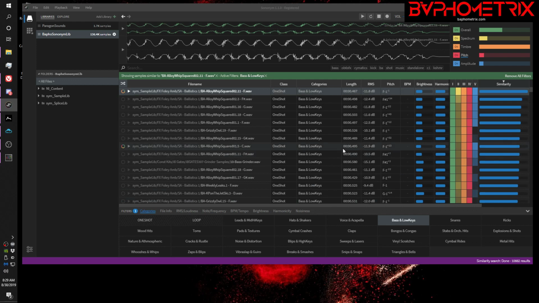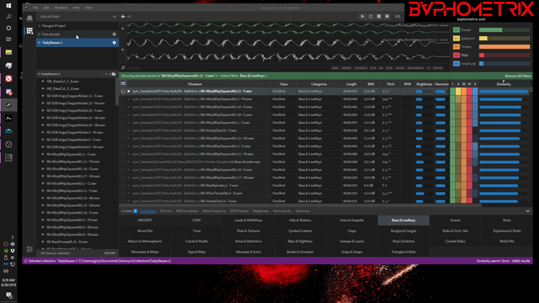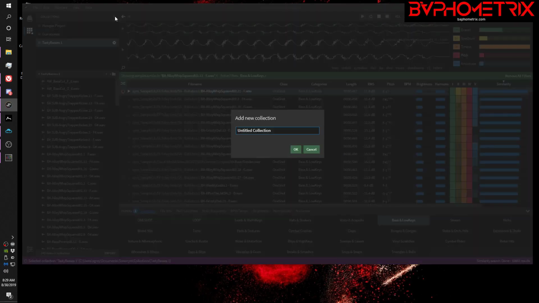So the point is, this is a brilliant, extremely useful sample librarian. It has another cool feature that I haven't seen the other sample librarians give me the ability to do. You can create a collection, like my collection,